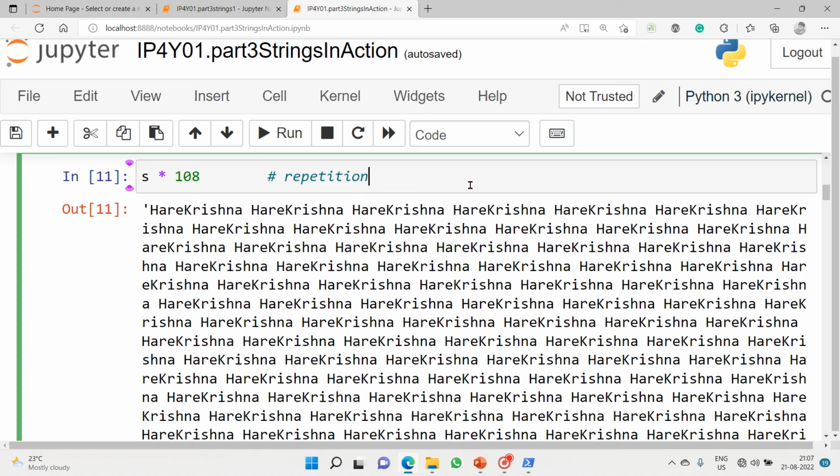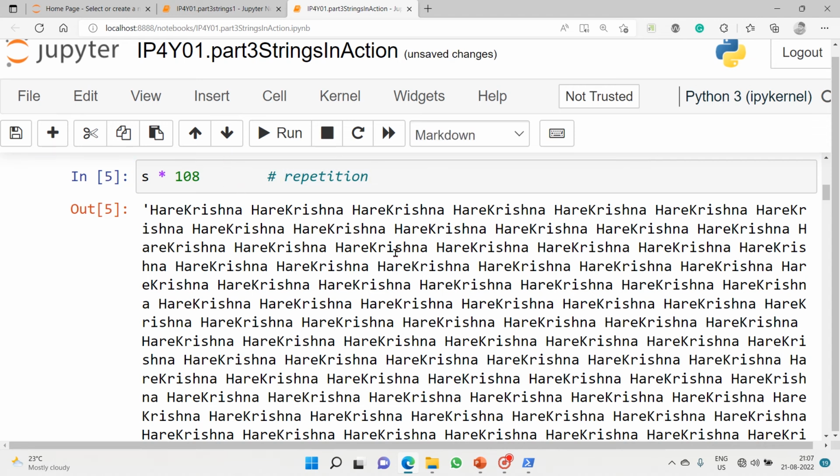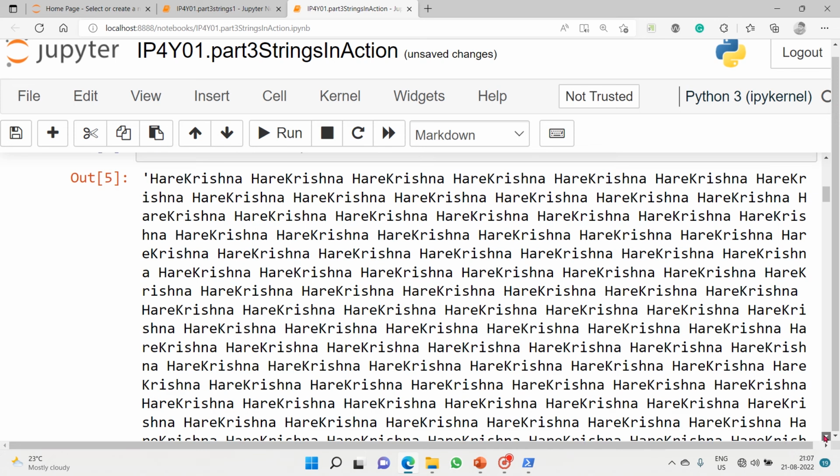So that's the reason we use this 108. There is a scientific reason but that's not what we are discussing here. So we devotees normally chant this 108 times, and that's why I want to do the chant here. So I use this repetition. You just execute it, and we got the 108 times of